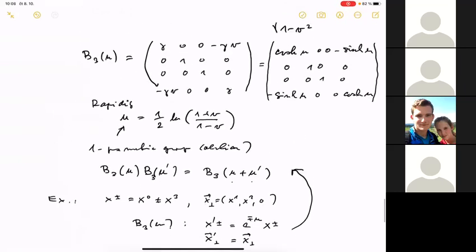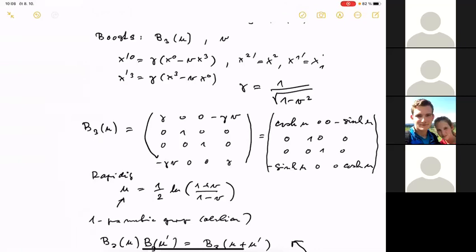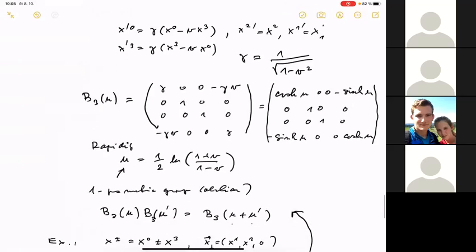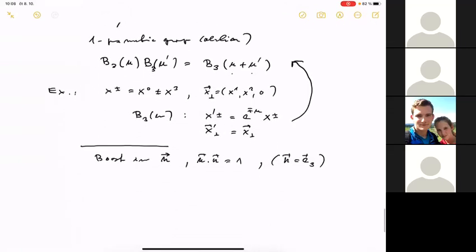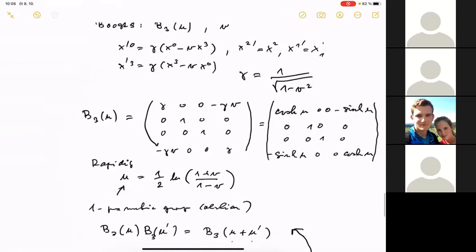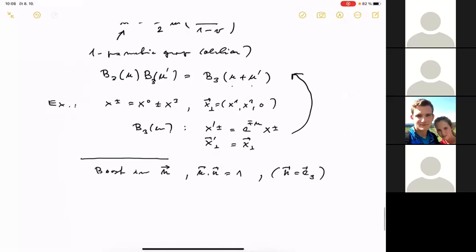And we can use this to deduce how this transformation will be. Simply, the component of the space vector x which is parallel to the direction of the boost will be transformed and mixed with the zeroth component, while the two components which are orthogonal to this direction of the boost